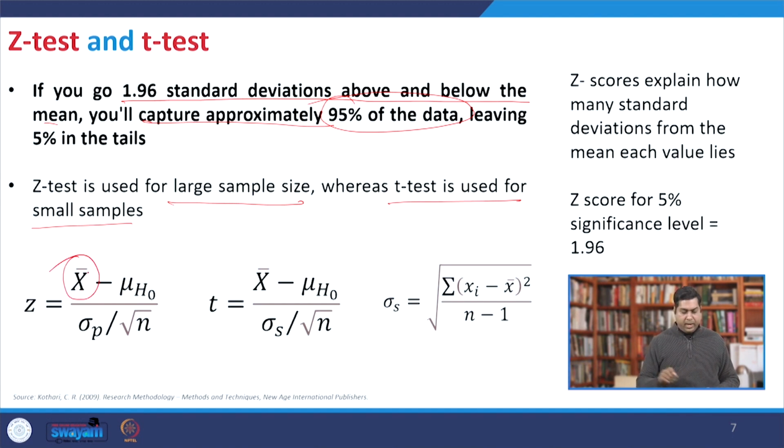Here this is the mean of that particular large sample, and mu H0 is nothing but the null hypothesis, where you assume the mean should be like this. So, for a particular case, if the actual mean is say 50 and you assume 45, this is basically to test it. But for this population or large sample, you also need to calculate